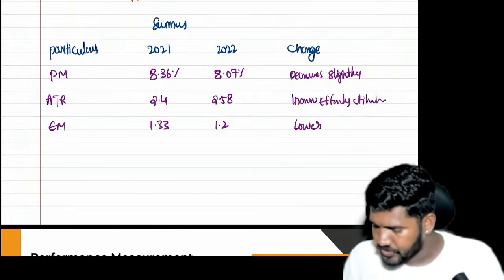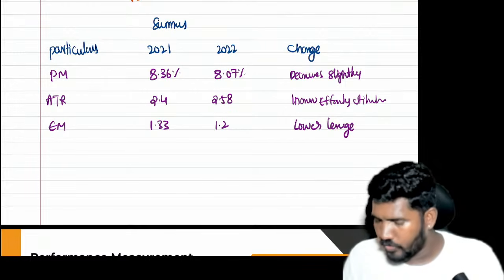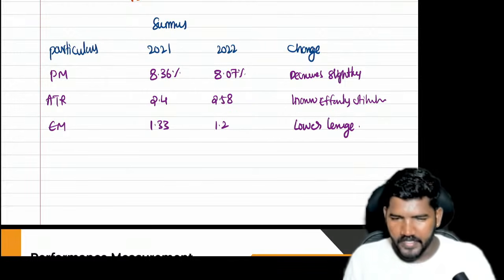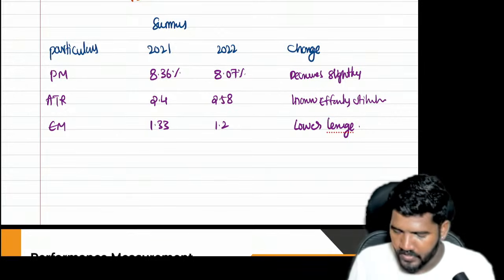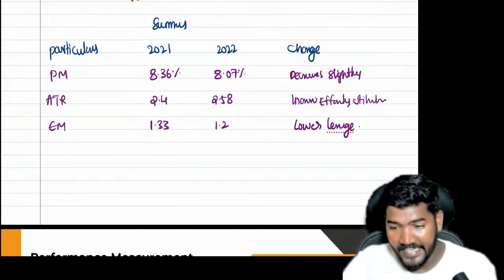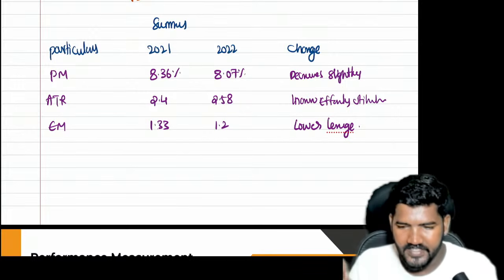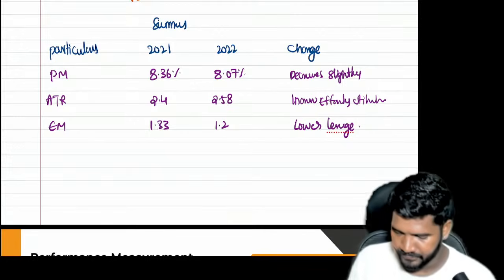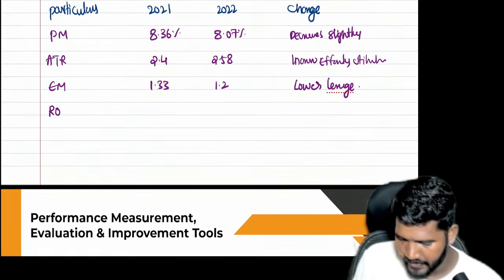Lower leverage. Why lower leverage? We are more depending on equity. I already told, after one, what are the percentages you have? That is the debt portion. 1.33 here, 1.2, the 0.33 decreases to 0.2. Debt portion decreases means risk also decreases. That is called leverage. Next, return on equity